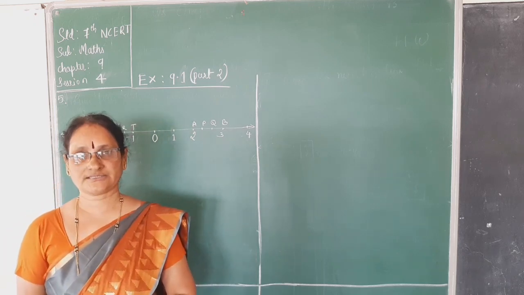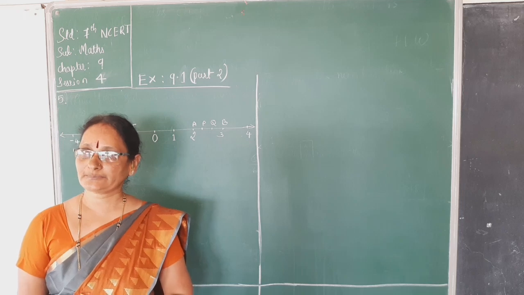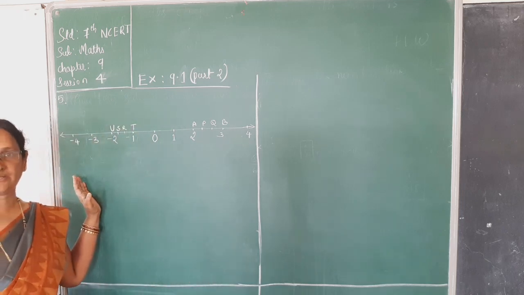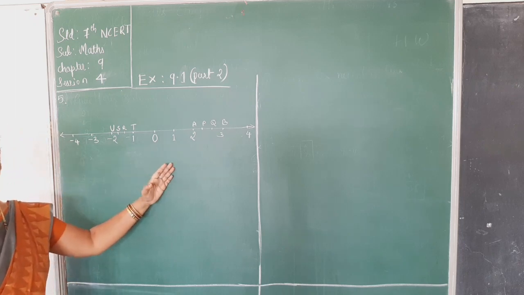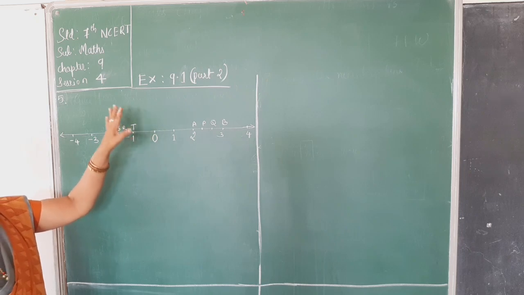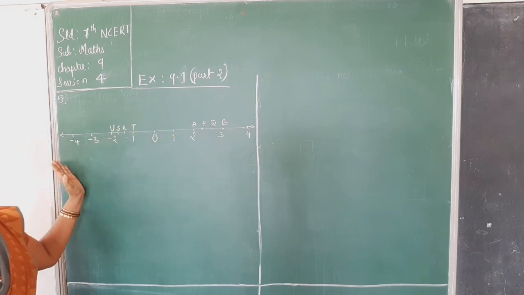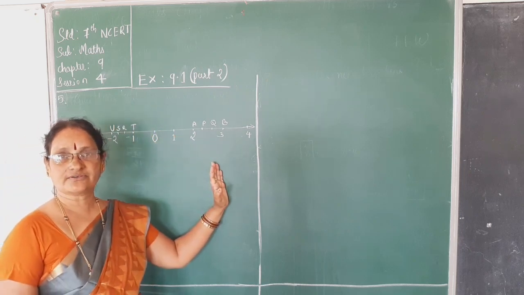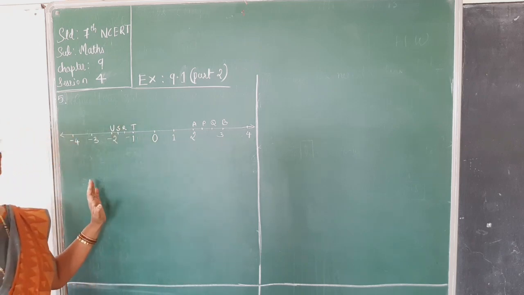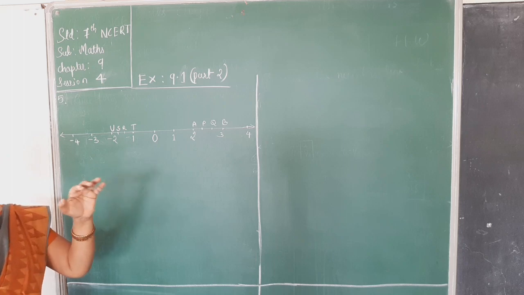In the previous class, we did exercise 9.1 part 1. In that, we have already completed up to the fourth main. The fifth main is this one. Take the heading of the fifth main, since it is very big. You have to take it from your textbook. I have drawn whatever is given, and I will explain it. Go on seeing what it is, and then we will find out what we need.